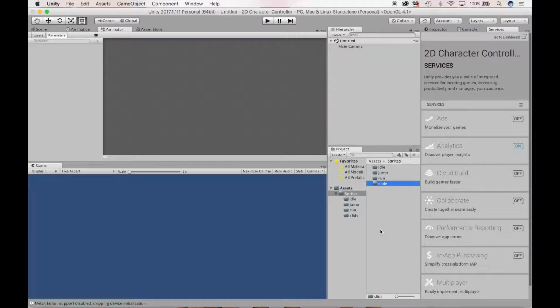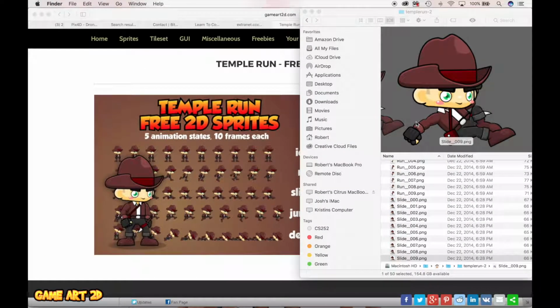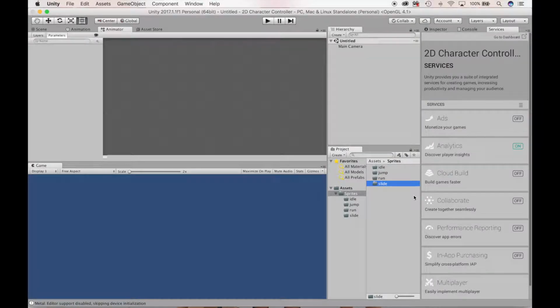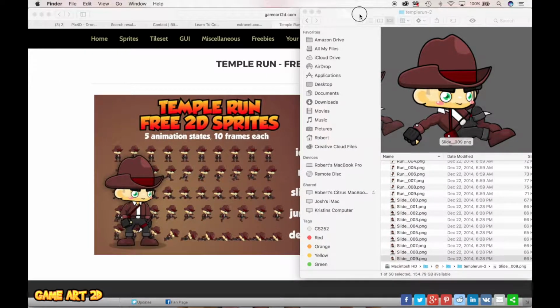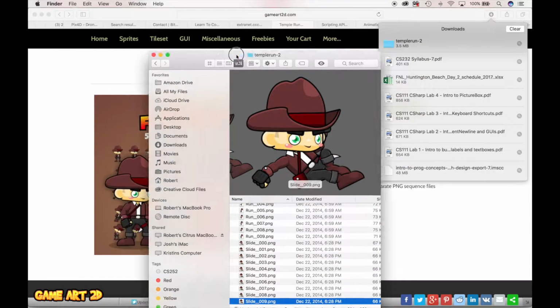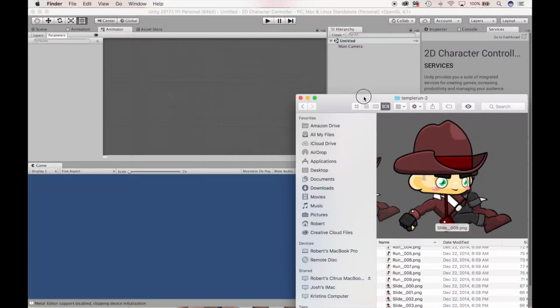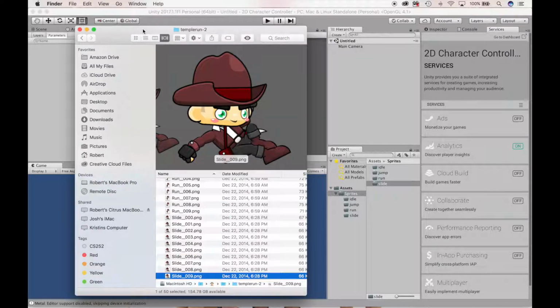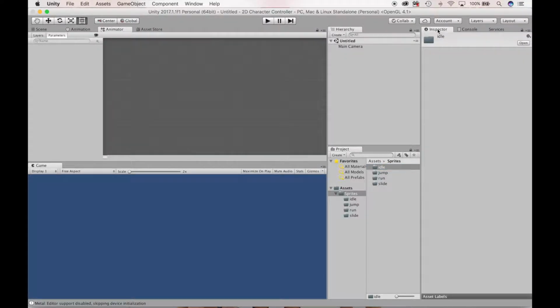Okay. All right, so what I want to do is I want to bring in the appropriate animations from what I just downloaded here and place them into Unity. So in fact, I think I have to bring this over. Let's see here. There we go. So what I'm going to do is I'll just select, by the way, let me put that on Inspector,